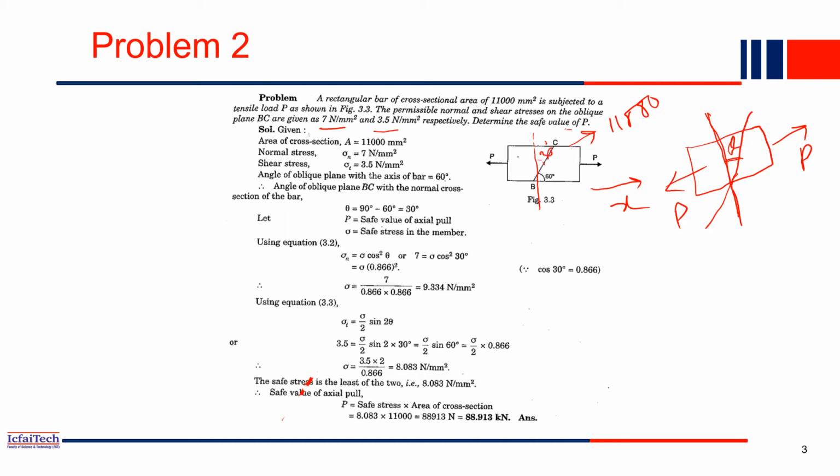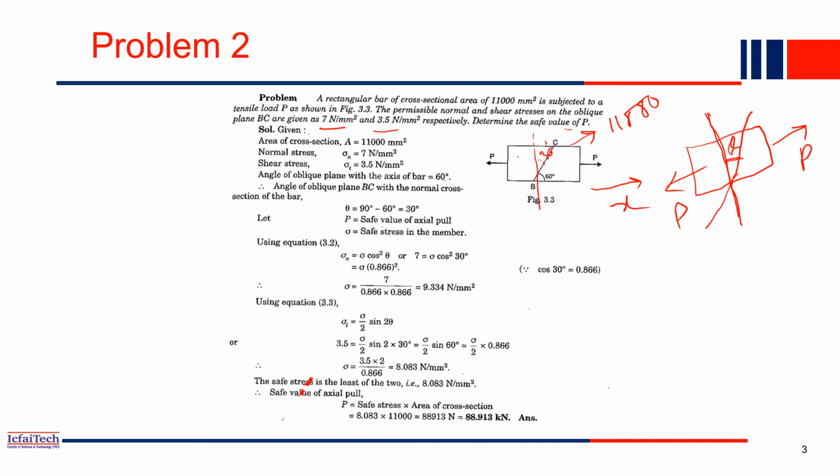So now what is given is this angle. This section is BC, which makes a 60 degree angle with the x-axis, and the permissible normal stress and shear stress are given as 7 Newton per mm square and 3.5 Newton per mm square. So what is permissible stress? It means when the stress in this plane BC crosses these values, 7 and 3.5, normal stress and shear stress, then your